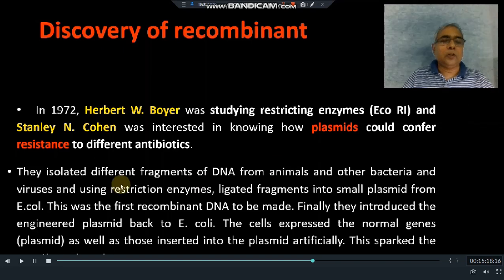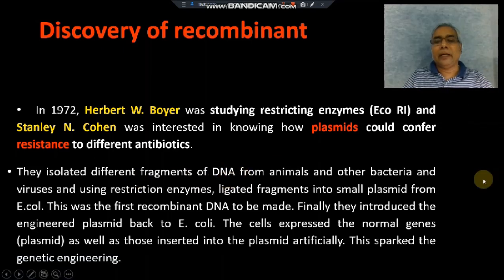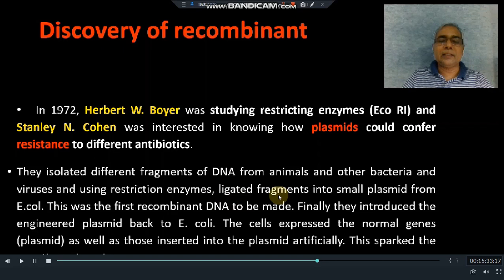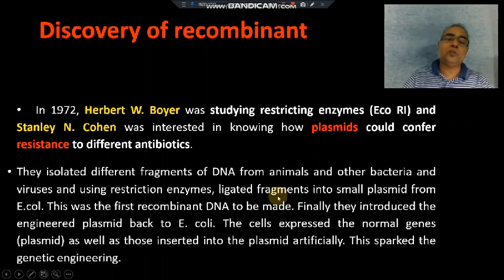Then they isolated the different fragments of the DNA from animals and bacteria. वो ये रिस्ट्रिक्शन एंजाइम से कट करके उन्होंने डीएनए के फ्रैगमेंट्स को सेपरेट किया बैक्टीरिया और दूसरे एनिमल्स के द्वारा, और उसके बाद लाइगेट कर दिया, मीन्स डिफरेंट फ्रैगमेंट्स को जो डिफरेंट एनिमल्स और बैक्टीरिया से आ रहे थे उनको जोड़ा, उन्होंने लाइगेट कर दिया, और उससे जो प्लाज्मिड तैयार हुआ मीन्स द जीन इंसर्टेड फ्रॉम सर्टेन अदर एनिमल इनसाइड